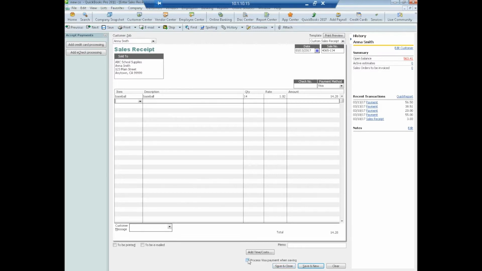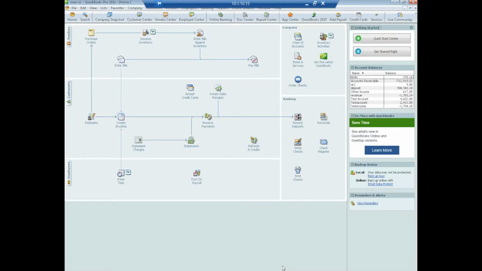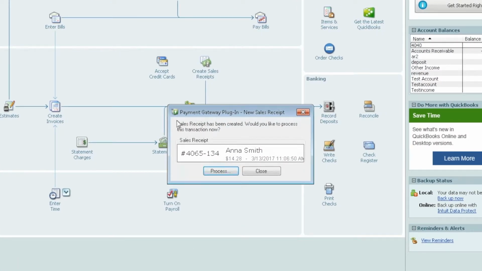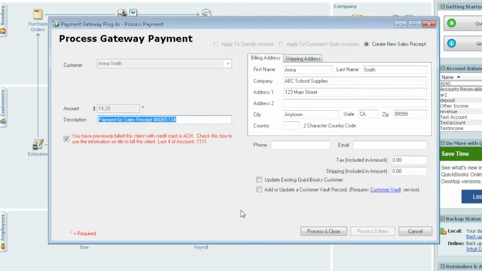Now this box here, you want to make sure that this is not checked. This is proprietary to QuickBooks, so it would process through Intuit if you're already using that. So make sure this box is not checked so that it will launch the plugin instead. So we're going to say save and close, and we'll see that the plugin is going to try to pop up. It tells us our sales receipt was created. Would we like to process? Yes, you want to select process. If you don't select process, this is your only opportunity to pay that sales receipt,